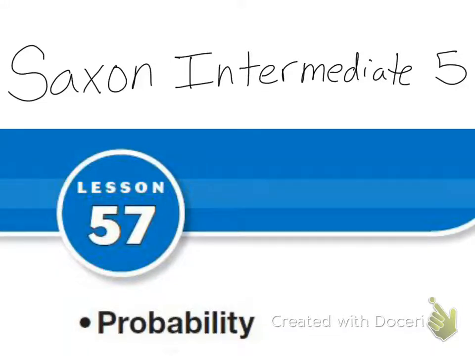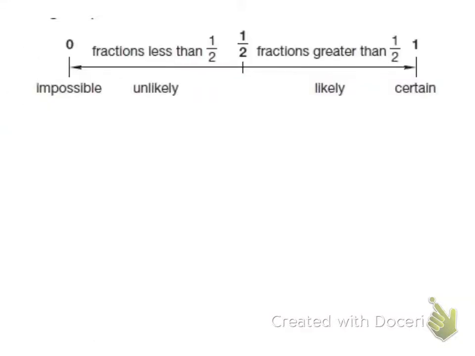Hello everyone. Today's lesson is lesson 57 on probability. Now, there are many situations where a future outcome might be uncertain. For example, the weather forecast might say that it might rain or rain is likely tomorrow. But this would only be an educated guess. We don't know for sure if it's going to rain, or it might rain in one spot and not in